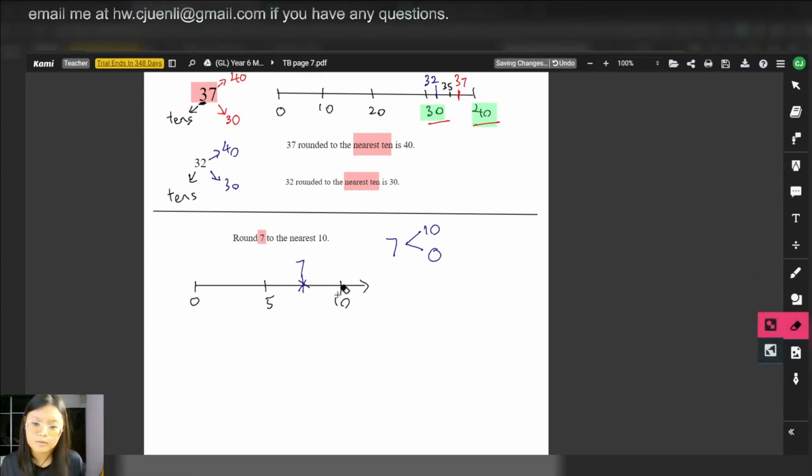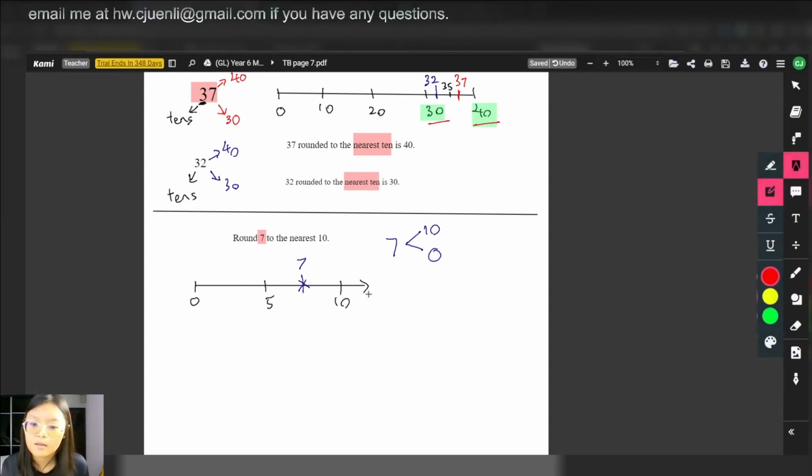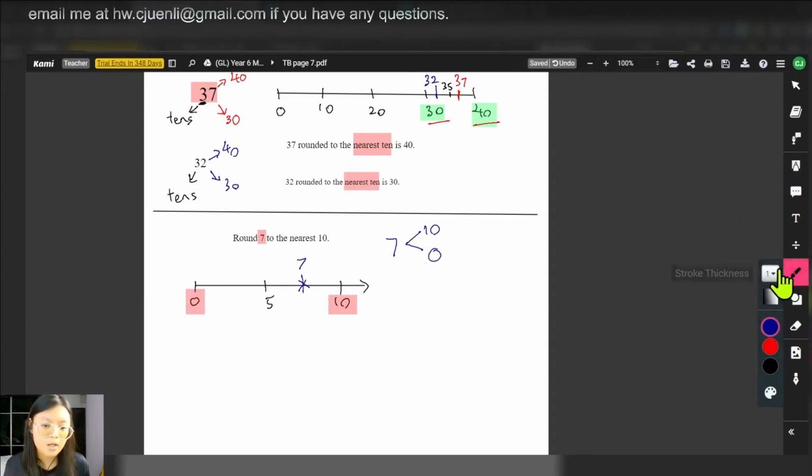7, right? So when we have number 7 over here, I don't want it to touch. 7, which is right in between 5 and 10. So it's actually closer to number 10 and not 0, right? As you can see. So when it's closer to 10, we can actually say that